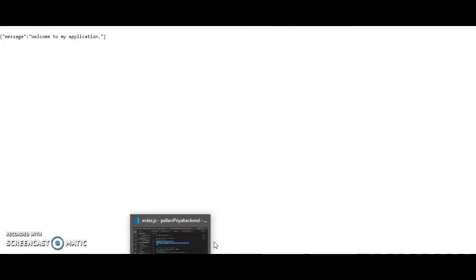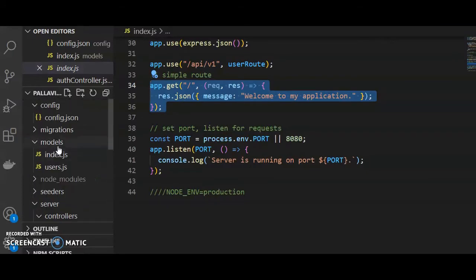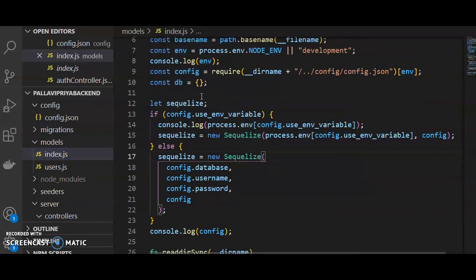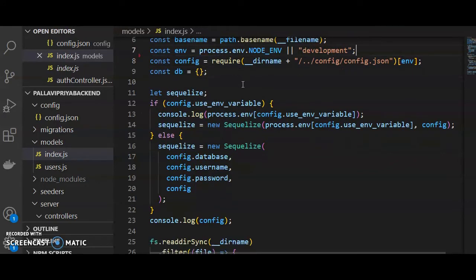Now in order to find out, let's peep into my VS Code and see what I have done so far. As you can see, this is the config folder. A config JSON file is there, and these are the model folders which hold the schema and all the connection information. Here you can see we are manipulating the node env file, and we are loading different types of variables based on what environmental mode we are in, whether development or production. So this is the main configuration file.